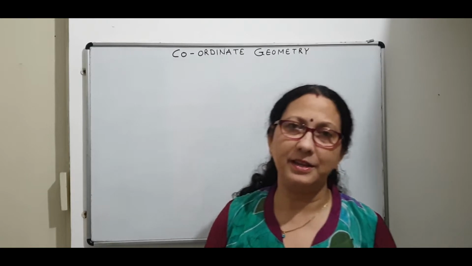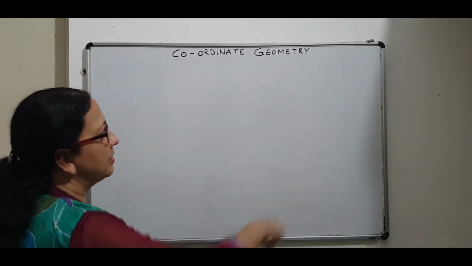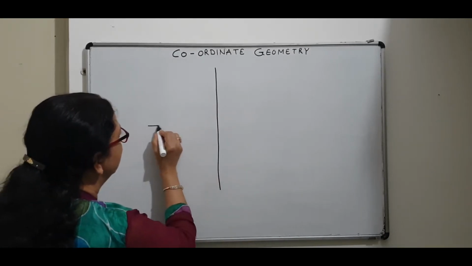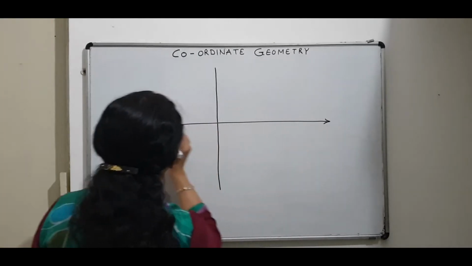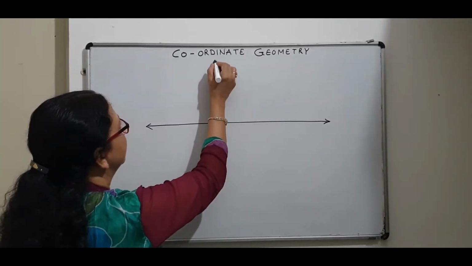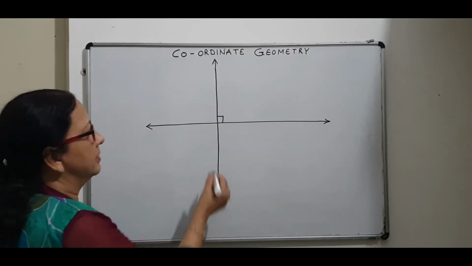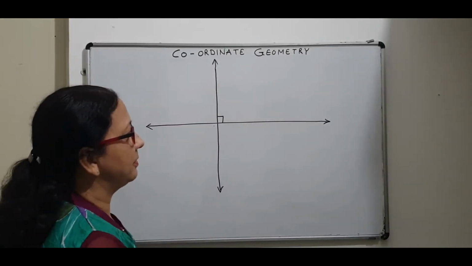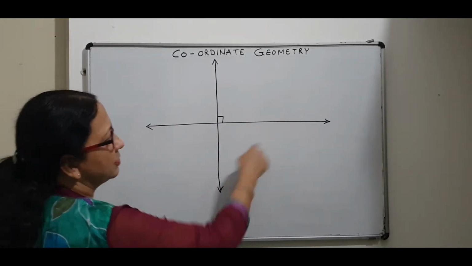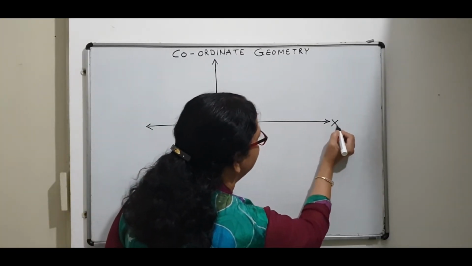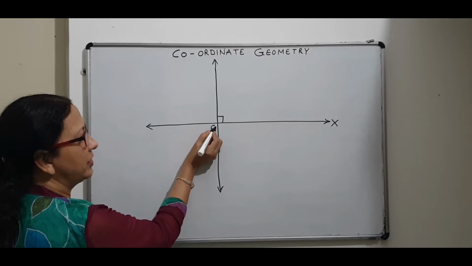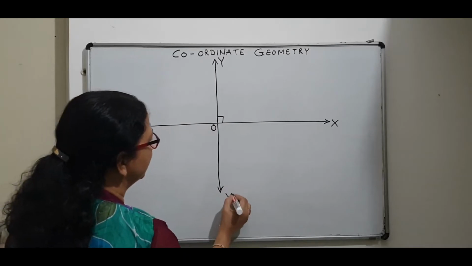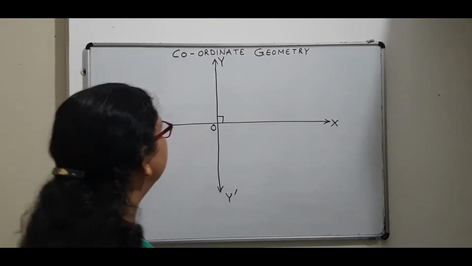Now what is Cartesian plane? The Cartesian plane is a two-dimensional plane. So if I divide this plane into four regions by two mutually perpendicular lines, then this plane is divided into four regions, and then this plane is known as Cartesian plane, and this horizontal line is known as the x-axis, as you know. So it's denoted by x, and the point of intersection is the origin. So x, O, x dash, and this vertical one is the y-axis, y, y dash. So you have come across this Cartesian plane.